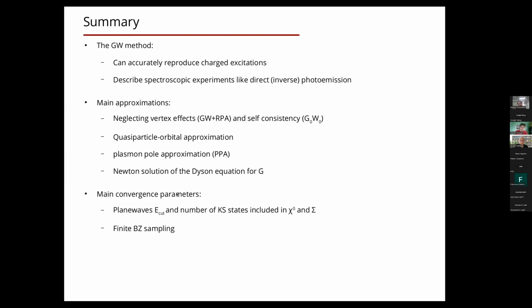Here it shows only some main convergence parameters, like the cutoff energy, as in Quantum Espresso, the number of Kohn-Sham states employed in the calculation, and the grid of the finite Brillouin zone sampling. They also described some recent advancements, like this W average method that is able to speed up the convergence with respect to the Brillouin zone sampling, and the multiple pole approximation that is able to describe